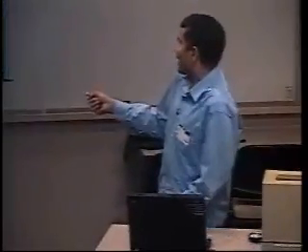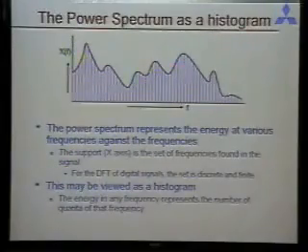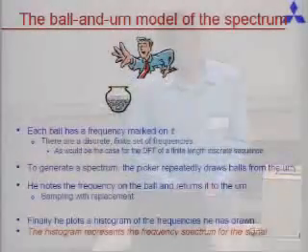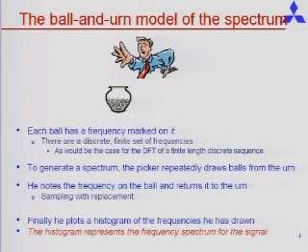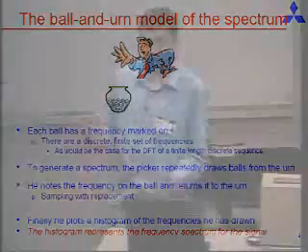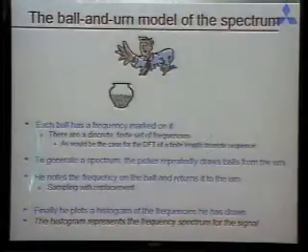I think it's the x-axis. You can think of the x-axis as representing discrete events that could happen. And you can think of the y-axis, the energy, as the number of times this event occurred. So, speaking of it in ball and urn terms, you can think of an urn which contains balls, and every ball has a frequency marked on it. And the person, in generating a spectrum, simply draws balls from this urn and then plots a histogram of what happened. And this would be the model for our spectrum. And this is the entire procedure for generating a spectrum of a signal.